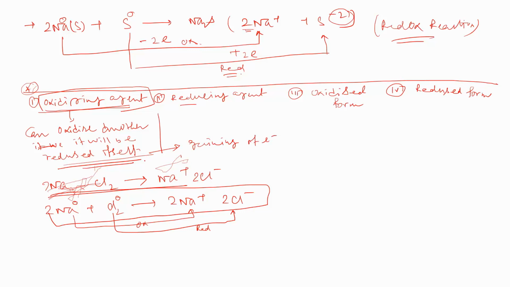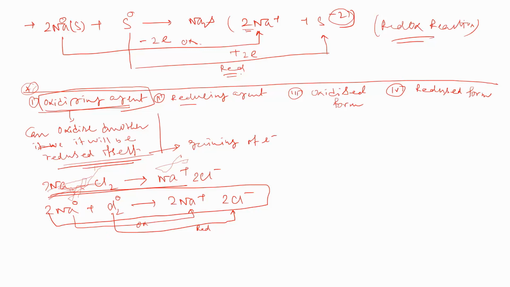Okay, so it itself is reduced, that means this agent is gaining some electrons from the other species. So the other species will be oxidized, and that is the oxidizing agent. So oxidizing agent means it will oxidize another agent and it will be reduced itself, and reduced means gaining of electron. So from where will it gain the electron? From the other species, which is oxidized. Okay, so here in this reaction,